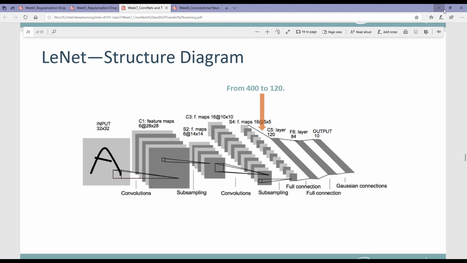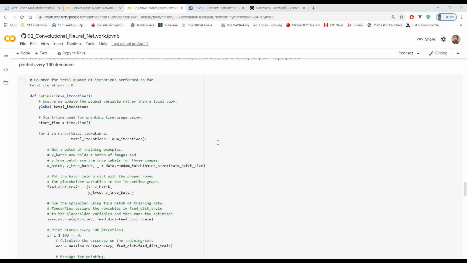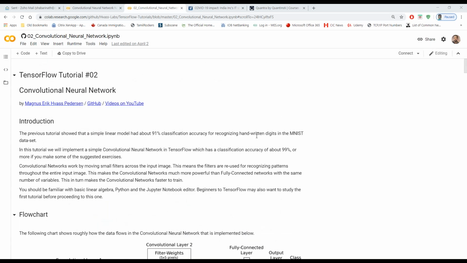Oh, sorry, I forgot to share the screen. Okay, I'll share the screen. So I think, is this visible? Yes, sir. Yeah, so this is, I mean, I'm just taking from the basic example from